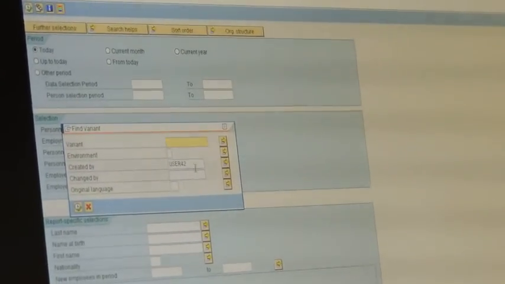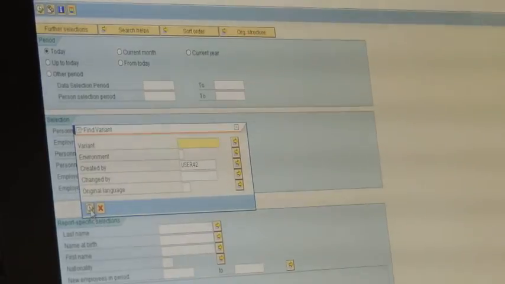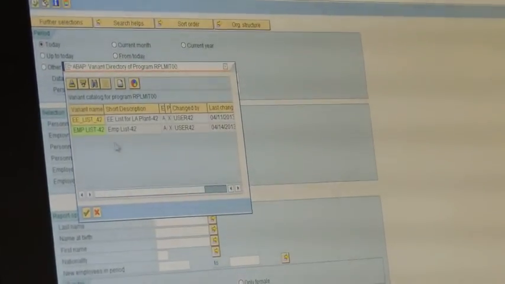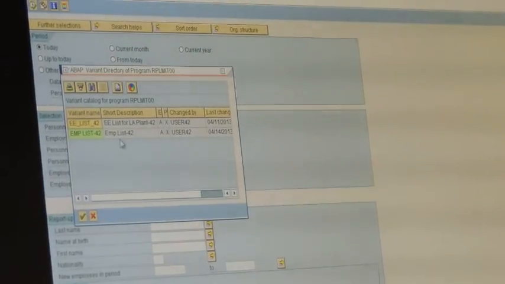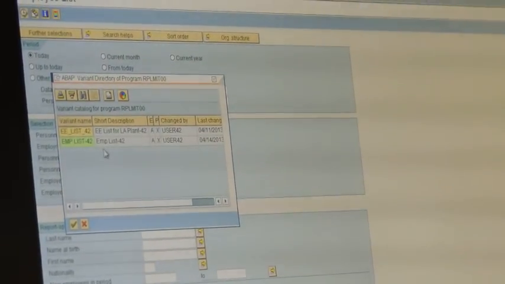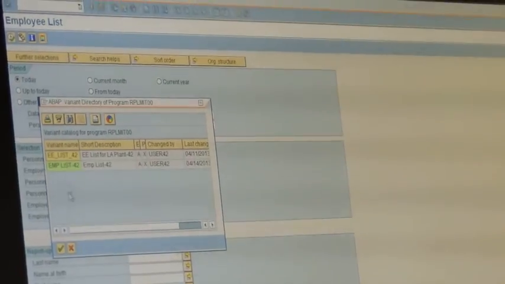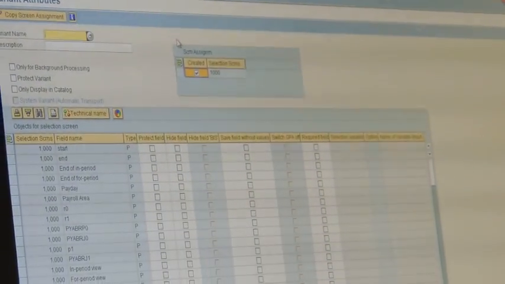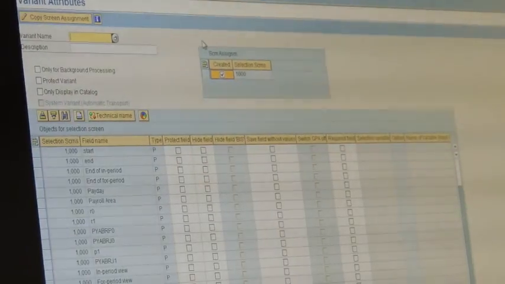It's created by, this is my user, which is showing here. Execute it. It is shown here in the variant catalog. Go to save as variant, and we give it a name. So it will be